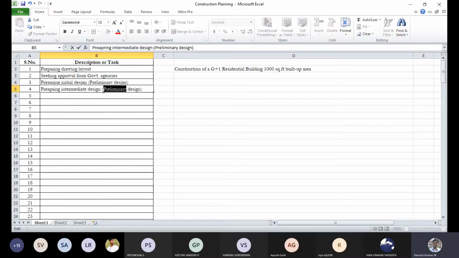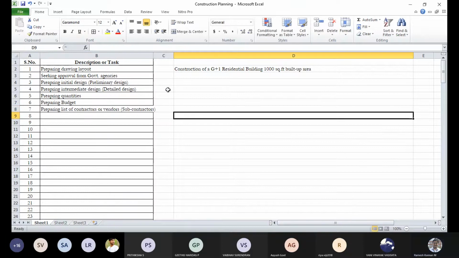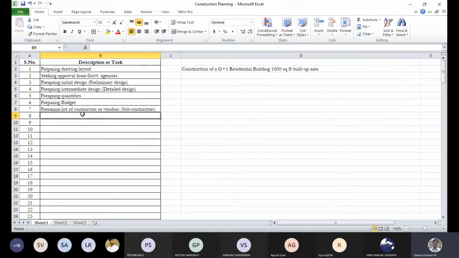intermediate design, or kind of a detailed design, then preparing quantity, then preparing budget, then preparing list of contractors or vendors, or you can even talk about subcontractors, something like that. Then, probably once that is done,